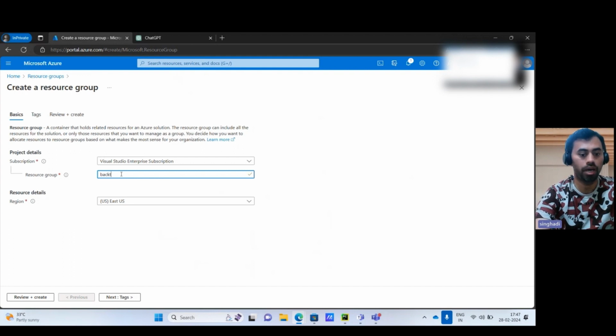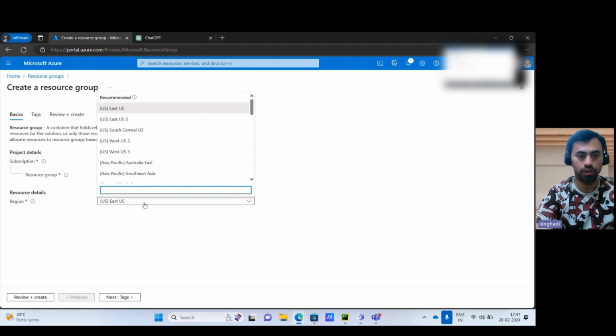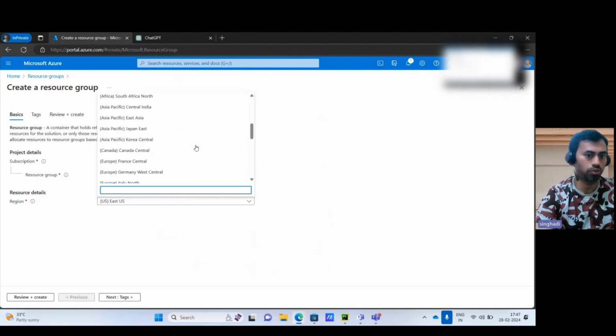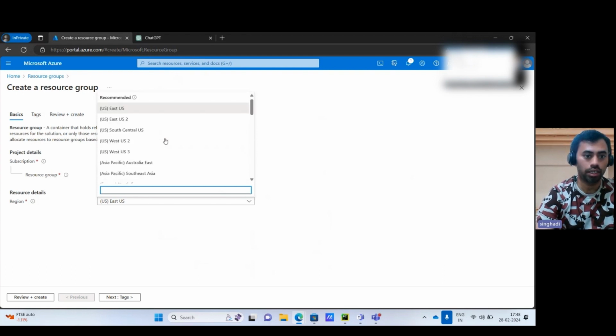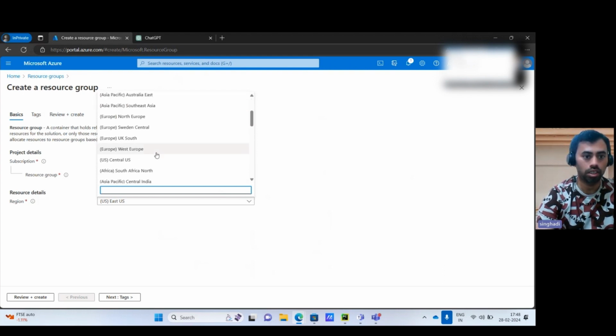So I'll enter back-to-base-rg, right? And you can select the region. It could be East US, Asia Pacific, Europe. It could be any. I would suggest creating it in your nearest region, that gives you more flexibility or more performance. So you can select any. I'll maybe select